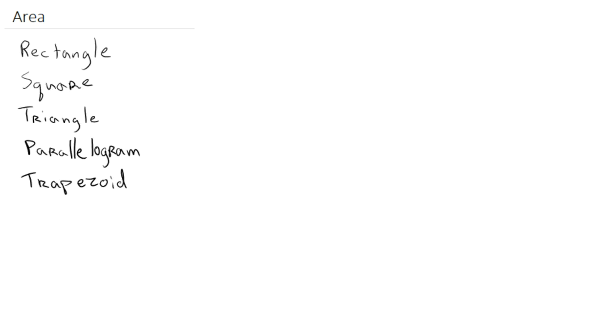In this video we're going to discuss area of some particular geometric figures. To be specific, we'll look at the area of a rectangle, square, triangle, parallelogram, and trapezoid. The idea here is that I'm going to show you why the formulas are what they are. If we can remember the whys behind it, it makes it easier to remember the formulas instead of just trying